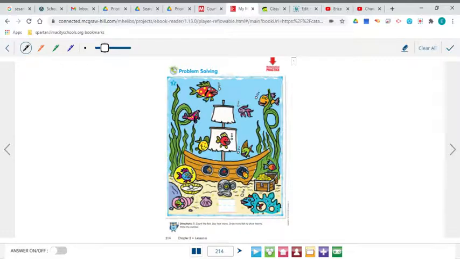So 1, 2, 3, 4, 5, 6, 7, 8, 9, 10, 11, 12, 13, 14, 15. All right, there are 15 fish in that picture. It says we need to draw more fish to show 20. So I'll go grab a different color to do that. I have to draw more fish to show 20. Well, there are already 15, so if I draw another fish,